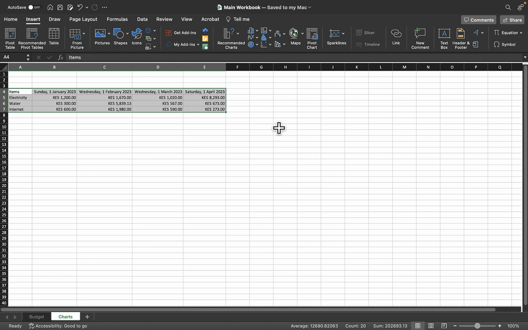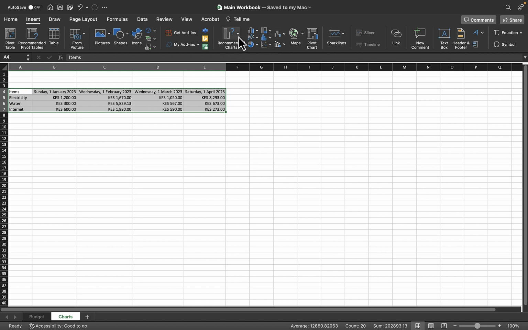Now I need to make you aware of different types of charts. When I say charts, it doesn't mean one single type of chart. There are many different types of charts in Excel, and which one you use depends on the type of data and how you want to present it, because all the graphical tools in Excel are based on our intention to showcase the data in more than one way. So if you go to the Insert menu,